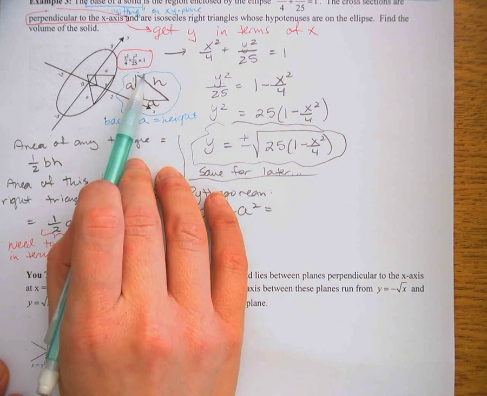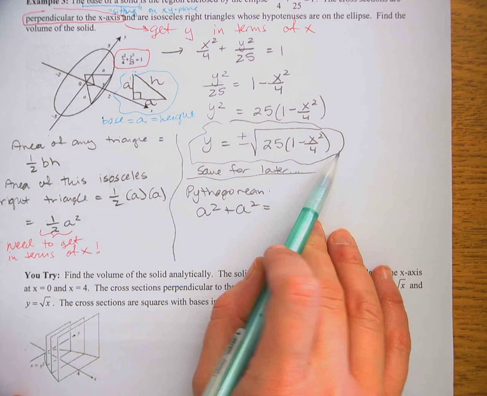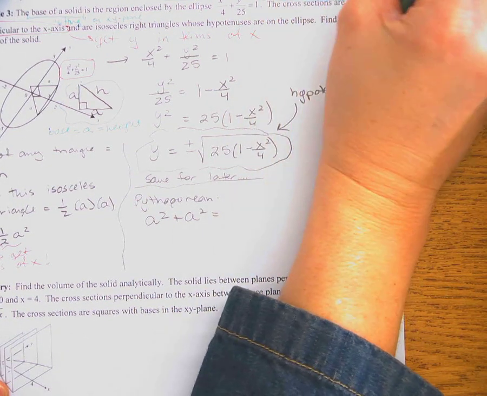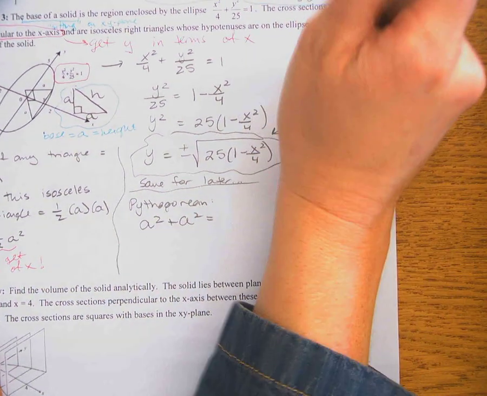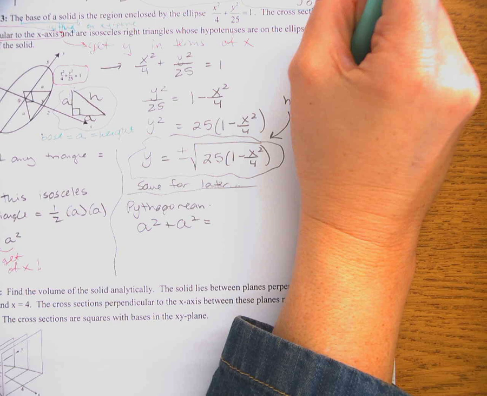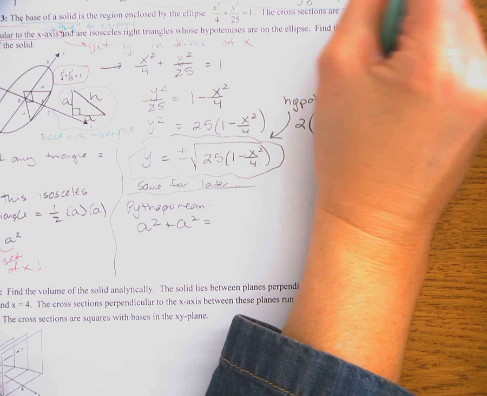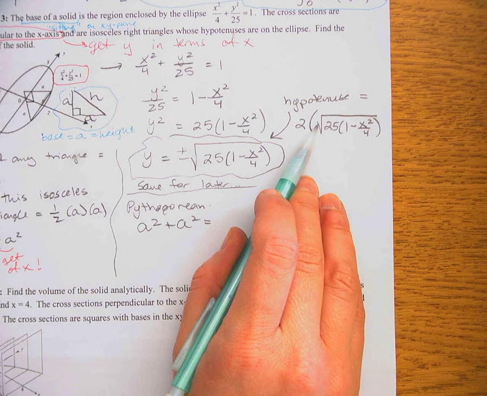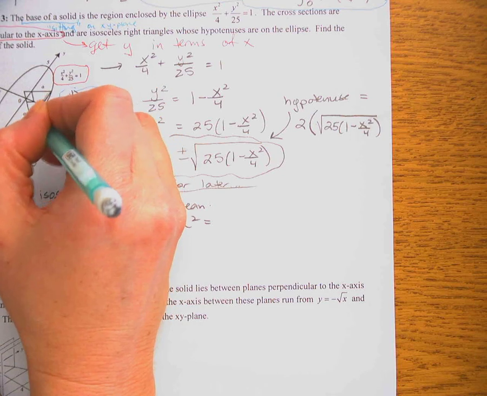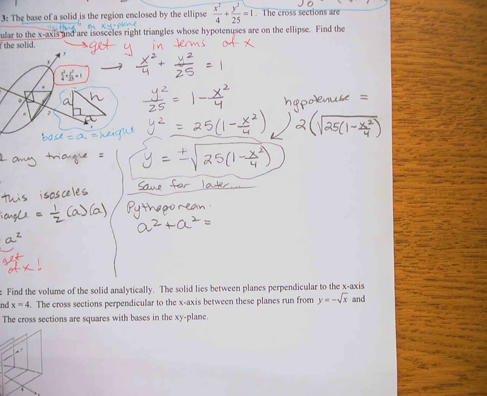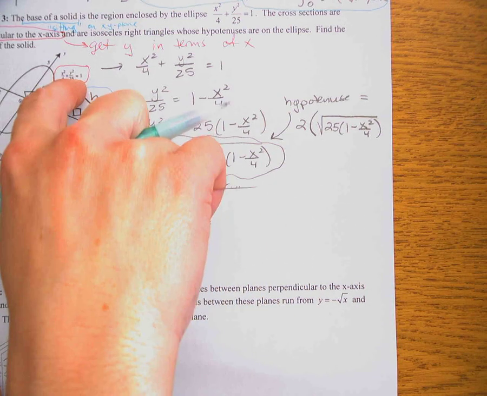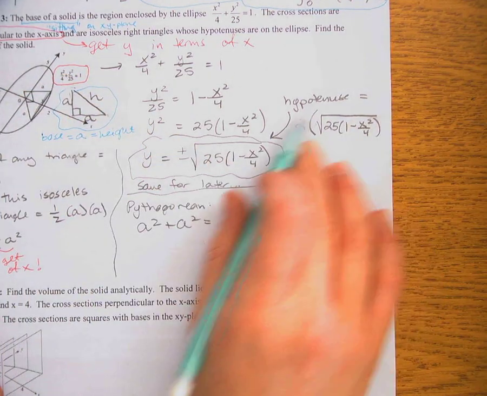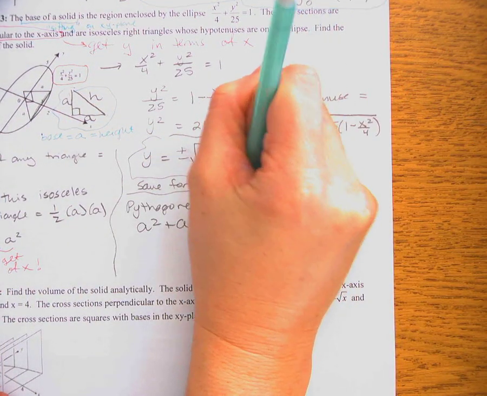Now remember, the hypotenuse is 2 of these. So maybe I should say that first. The hypotenuse would be 2 of these positive square roots, because half of it, the top half, is the positive square root. If I just simply double that, that would get me down here as well. That would get me that full length. So the sum of the squares of the two legs is equal to the square of the hypotenuse, and this is the hypotenuse right here. So it would be equal to this whole thing